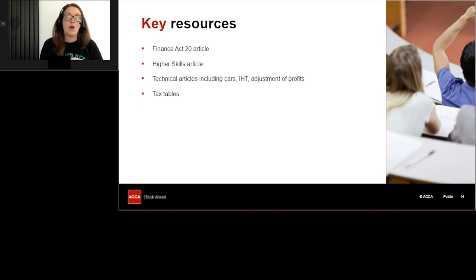On a separate page within the tax resources, you will find the examinable documents, which is the tax tables that you have available to you in the exam. So please make sure that you are familiar with what will be available to you in the exam, and that you start practicing using them sooner rather than later, because that's what you're going to have in the exam, and you want to be able to very quickly find your way through the material and know where inheritance tax is, and be able to skip to that page of it quickly in the exam.